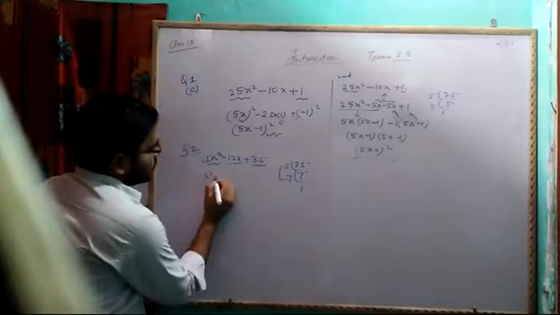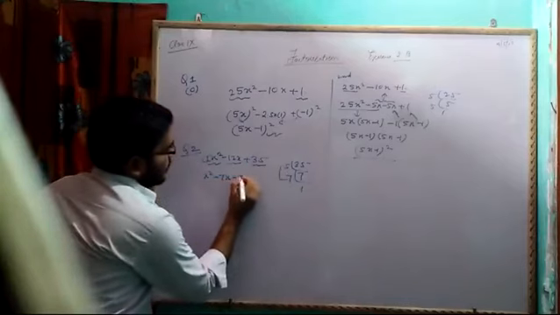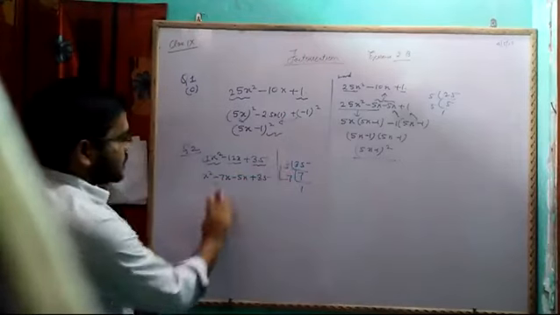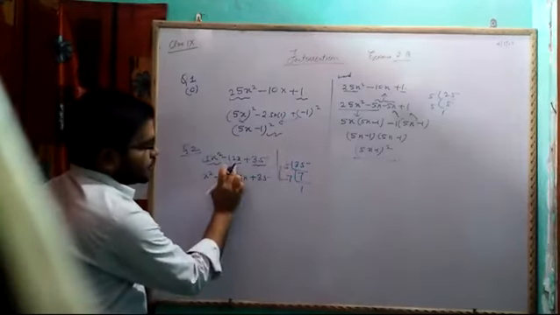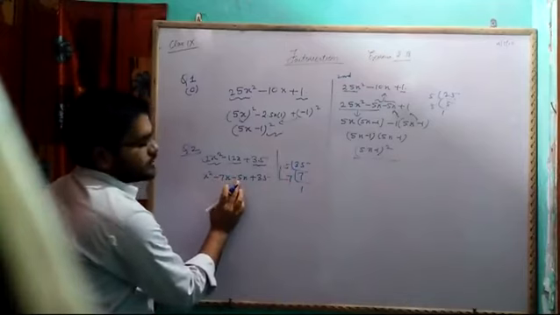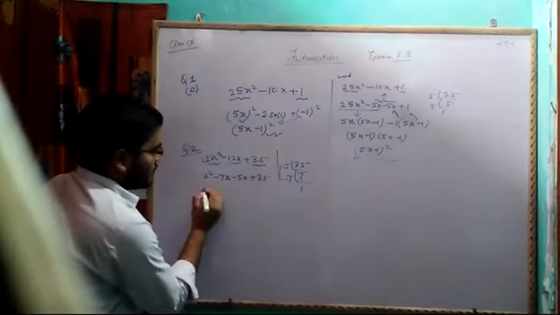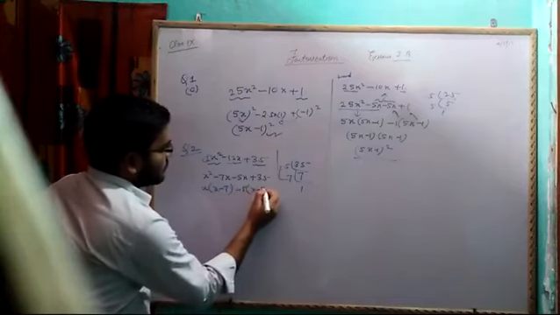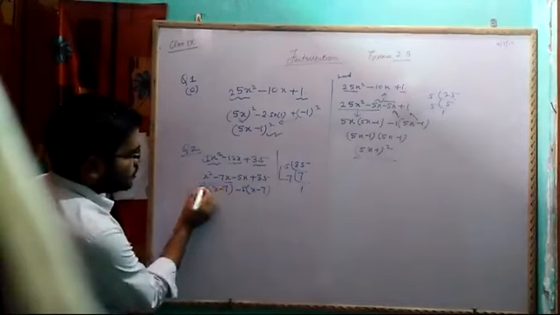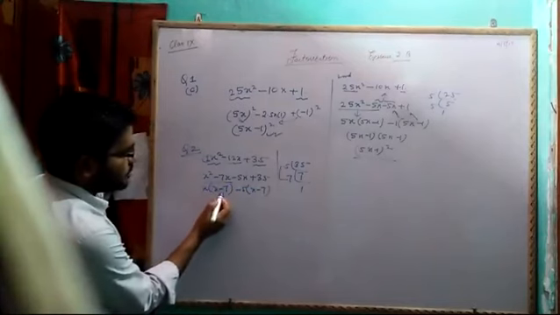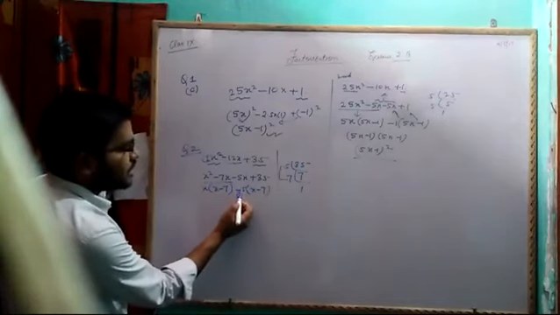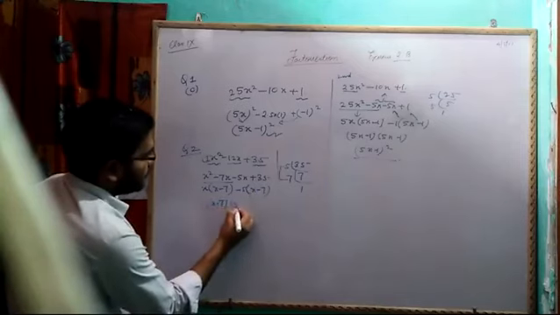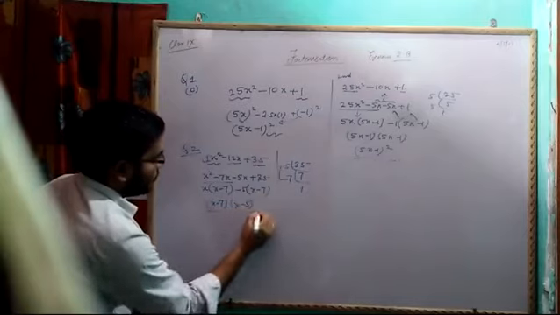So I will write x square minus 7x minus 5x plus 35. Now you see, minus 7 minus 5 will be minus 12, minus 7 into minus 5 will be plus 35. Then from x square and minus 7x, x common: x minus 7, minus 5 x minus 7. I hope no problem. Take these two terms: x into x, x into minus 7, and minus 5 into x minus 7. So you are having x minus 7 into x minus 5.